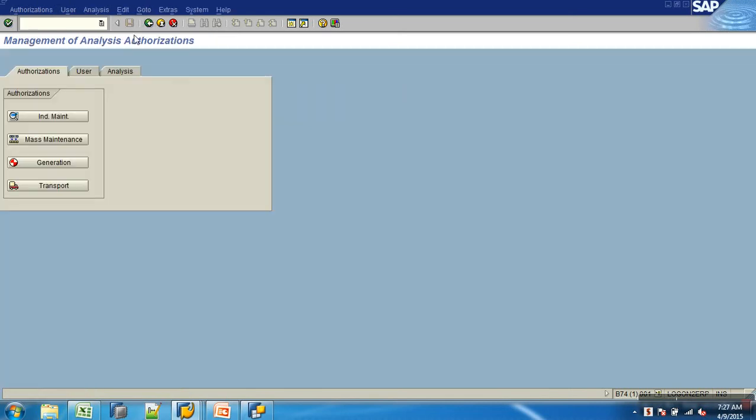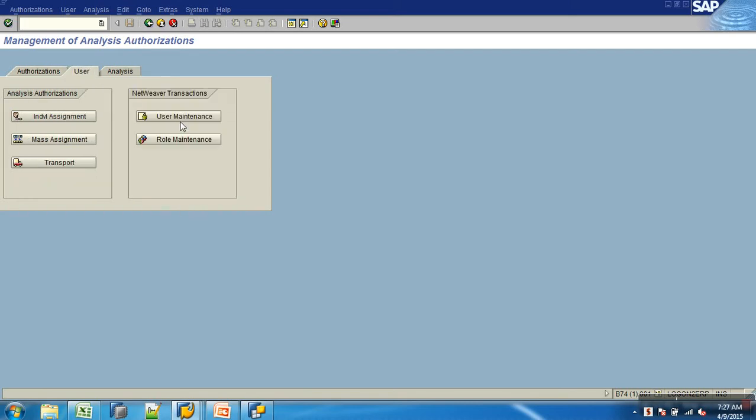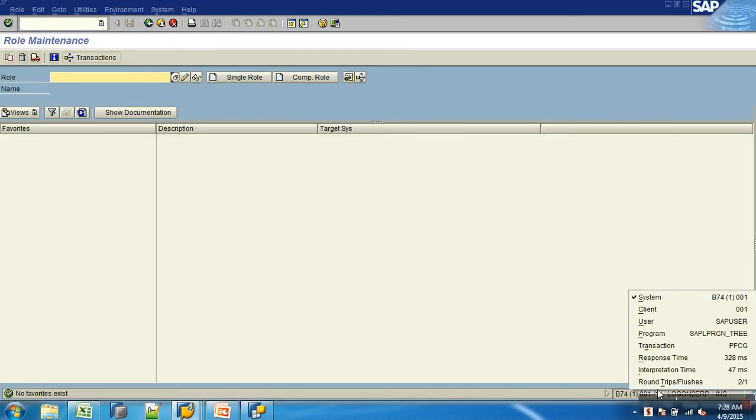Now I'll have to use these authorization objects and create the roles. Basically I'll target to create two roles, one for user 1 and one for user 2. So go to the user, and what is the other? In the user tab we have a button, or straight away we can go to the T code. PFCG is also fine. Ultimately when you trigger this, you're getting into the T code. What is this? PFCG only.